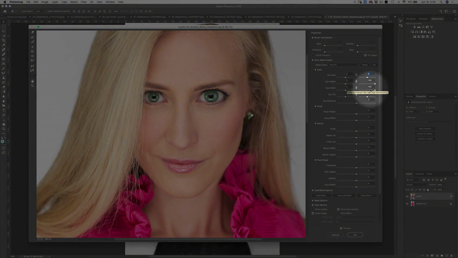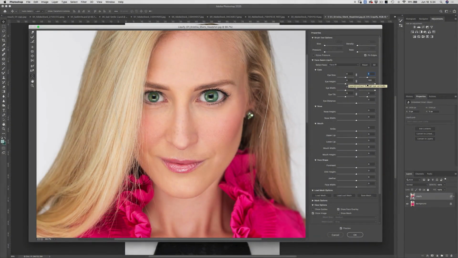Okay, so you have a lot of different ways to get to the same result. It's very easy. Whichever method you want to use, you can. Personally, I find it easiest to use the sliders because I'm a little bit more old school. One newer feature that's been added recently to Face Aware Liquify is the option, it's actually in the view options